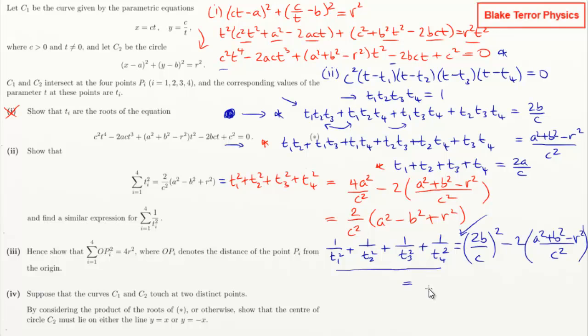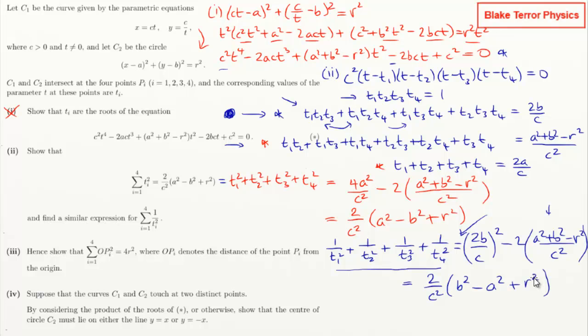So this means I've now, that looks exactly the same as what I had before, isn't it? That can't be right. Oh no, the A is switched to a B in the first bracket. So I've got a 4b squared taking off the 2b squared. So the b squared doesn't change sign, the other ones do. So I'm going to have a 2 over c squared. Well, it does change. So it doesn't change sign in the bracket, it changes sign overall. B squared minus A squared plus R squared. Okay, so that didn't drop out too badly, really, because there was so much symmetry in what was actually going on,